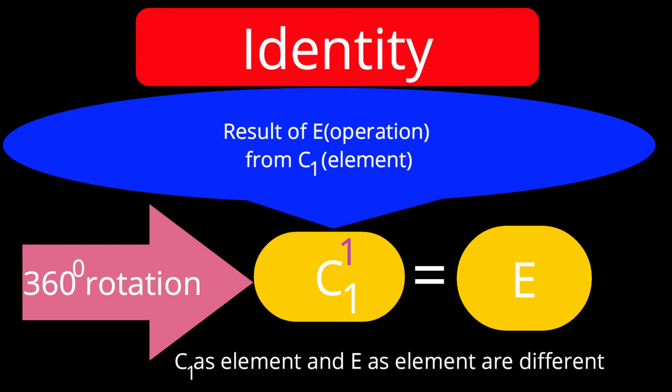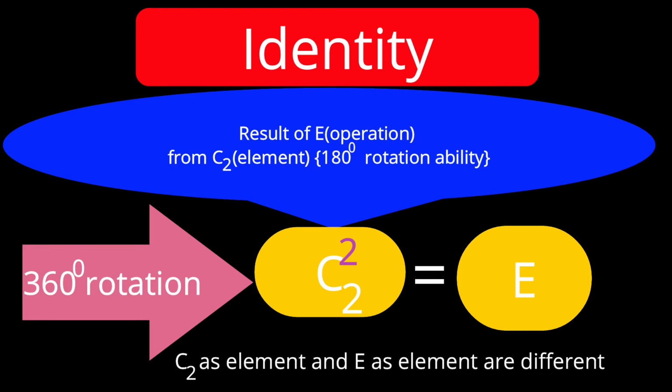Let us discuss a little higher order of the axis. Say C2. What is the meaning of C2? C2 means it's a rotation around that chosen axis, that's the element of symmetry, by how many degrees? Right, 180 degrees.